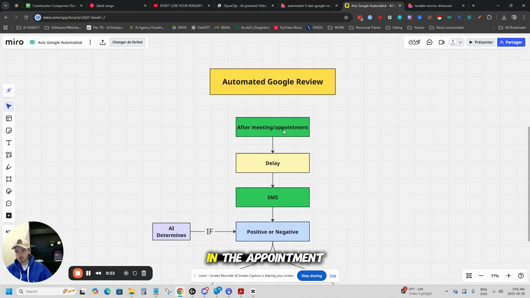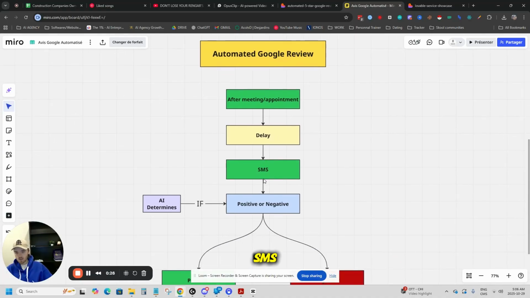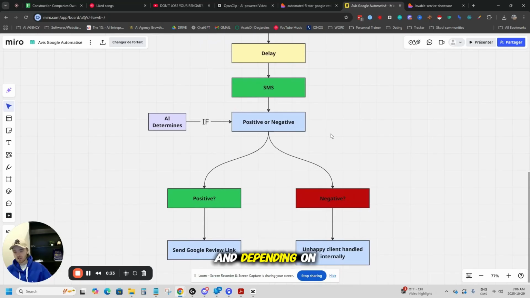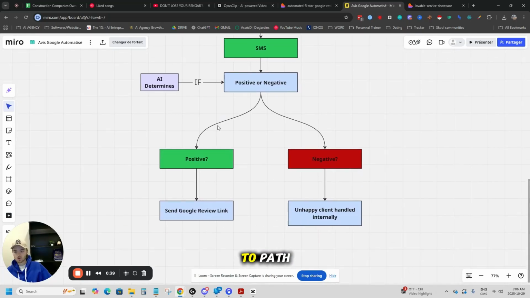So after meeting and the appointment goes, there's a delay of like an hour. Then an SMS is sent out from the business owner asking if the customer liked the service or not. And depending on if the response of the customer is positive or negative, the AI determines which path it goes to. If it goes positive, it sends a Google review. If the person is unhappy, the AI will detect that and make sure to not send the link, and so